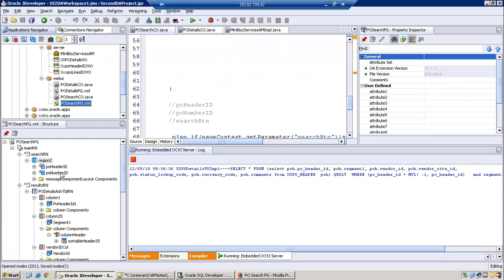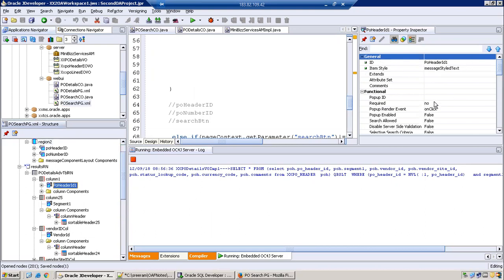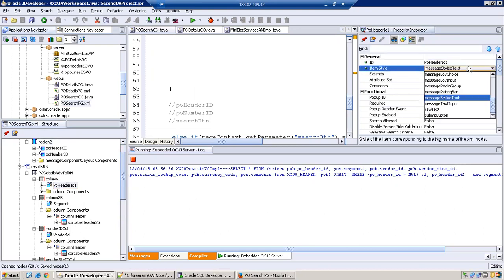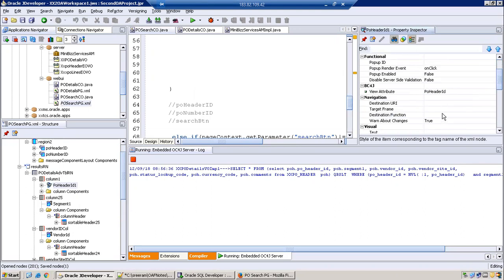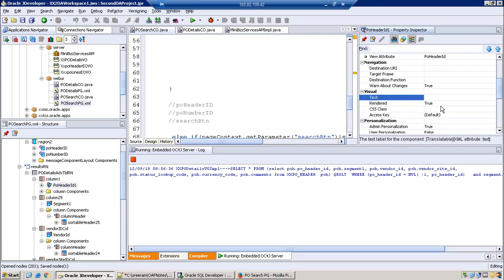So first thing is we have to change this to a hyperlink. In the PO search page, the column PO header ID was a text style text; change it to link. And here just say PO header ID link. It doesn't matter whether you give it or not; this will not get displayed.